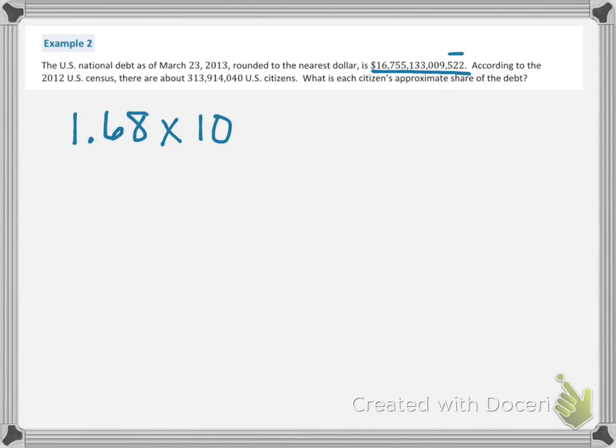Well, let's see, I've got 3, 6, 9, 12, 13 in order to get right there. So that's 10 to the 13th power. That's the national debt, and then I'm going to divide that by the number of citizens, and the number of citizens is going to be